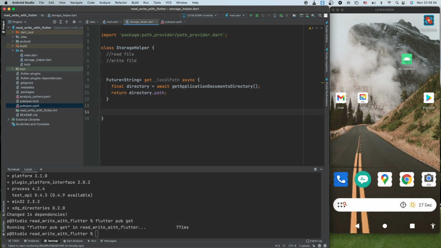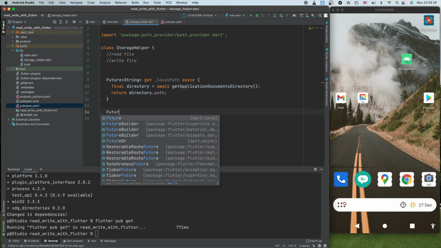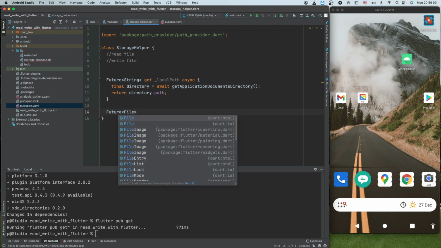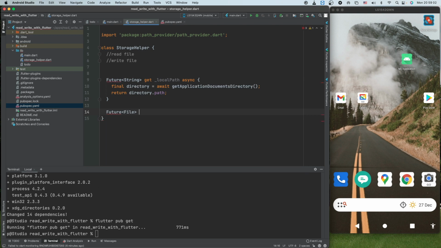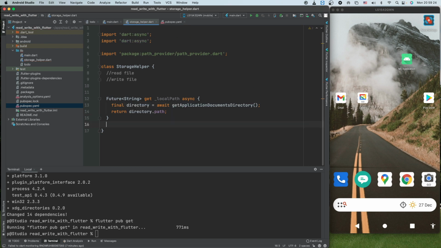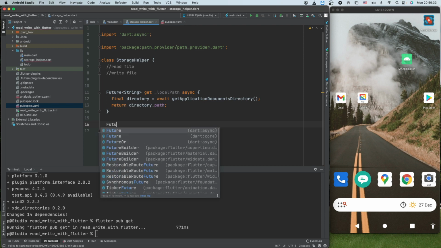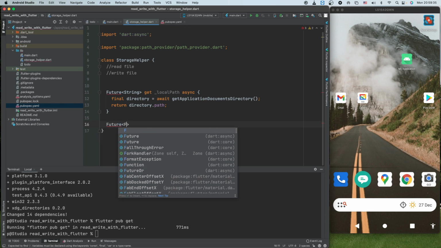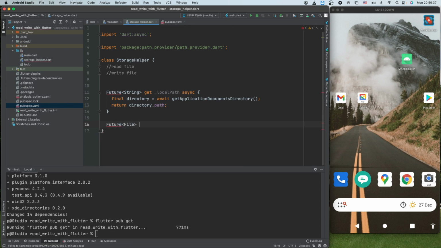Now we need to create a file, so we'll be returning a file. Let's see why this is giving an error. Okay, and then we'll say Future<File>, because we need to return the file.